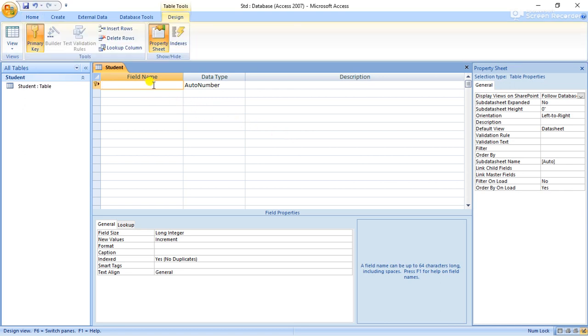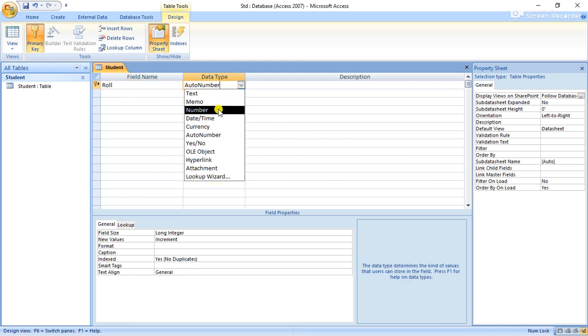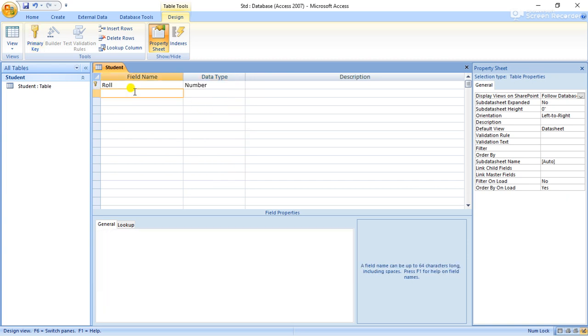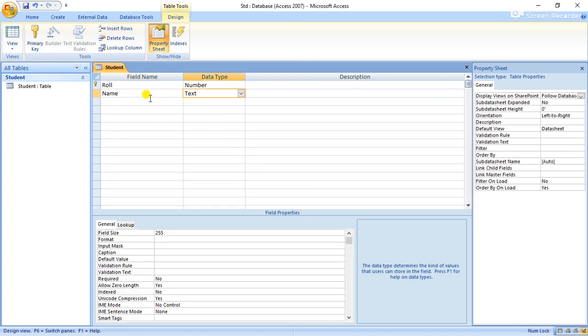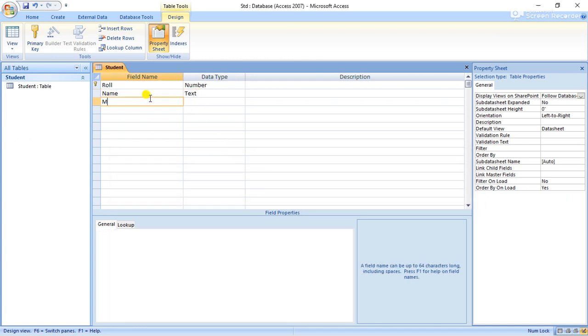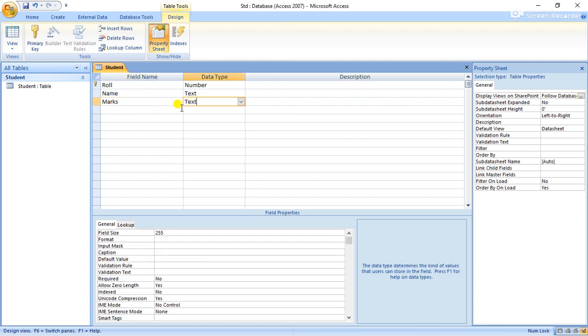Here we have to write the field names like roll, then name, then marks.